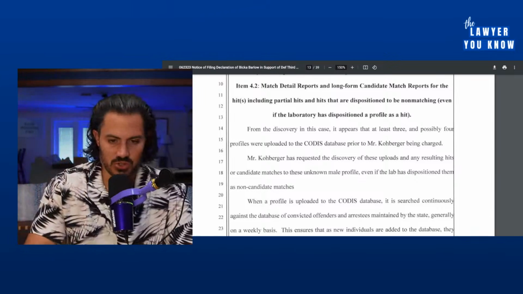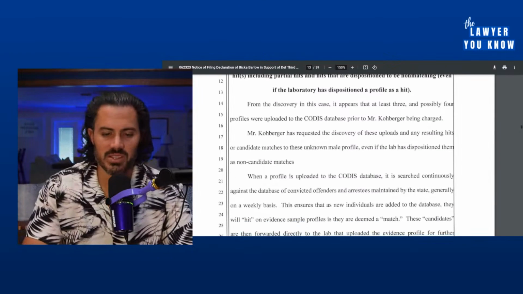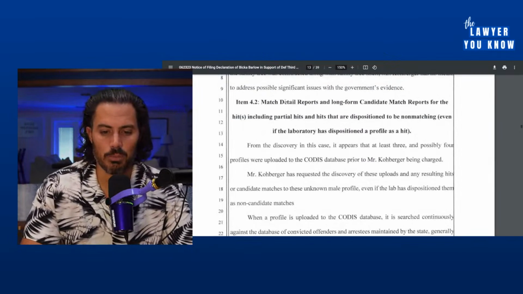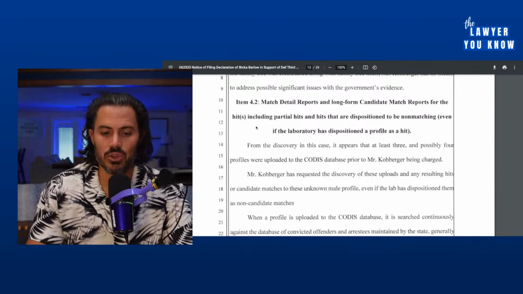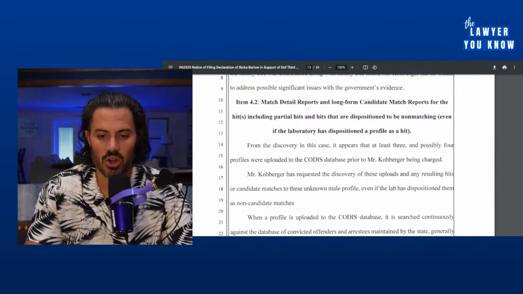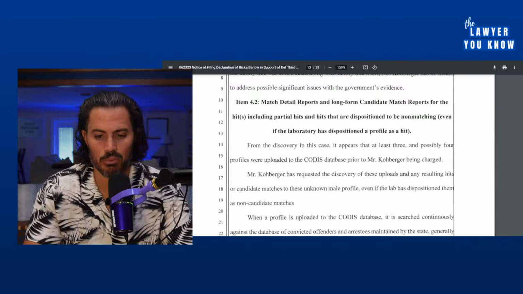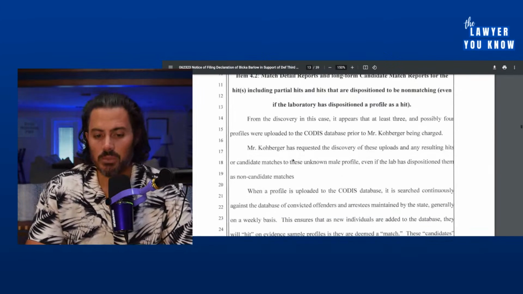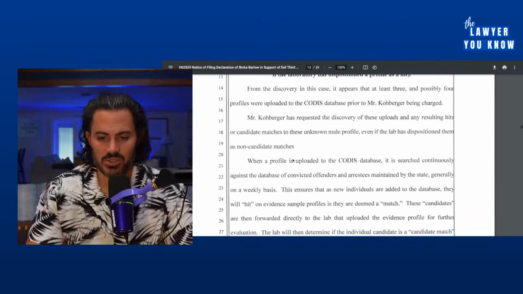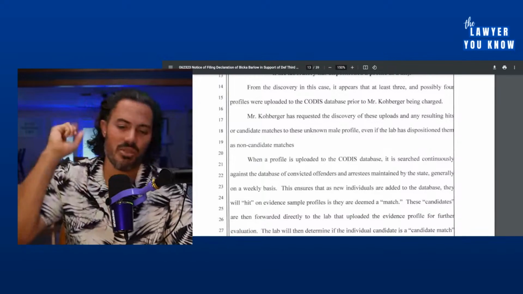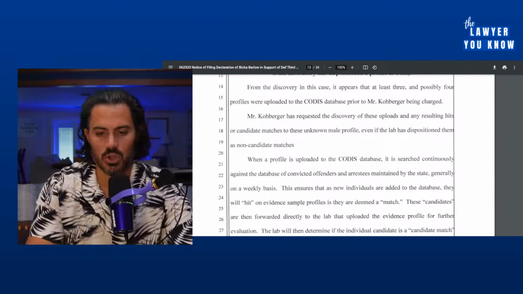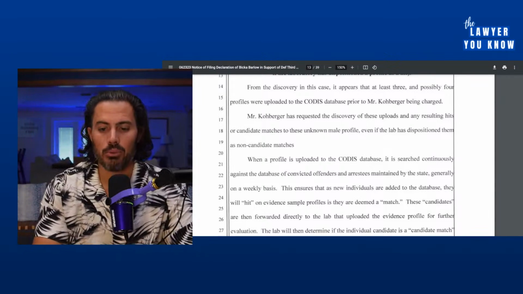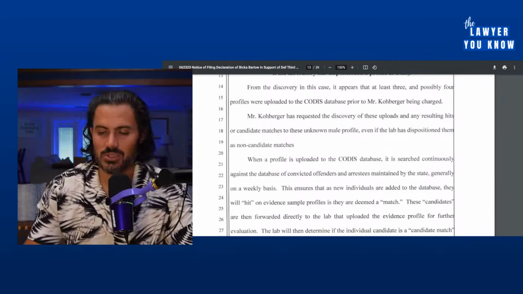specific things, Judge. From the discovery in this case, and here's what it is: match detail reports and long-form candidate match reports for the hit/hits, including partial hits and hits that are dispositioned to be non-matching, even if the lab has dispositioned a profile as a hit. From the discovery in this case, it appears that at least 3, possibly 4 profiles were uploaded to the CODIS database prior to Mr. Kohberger being charged. So that means